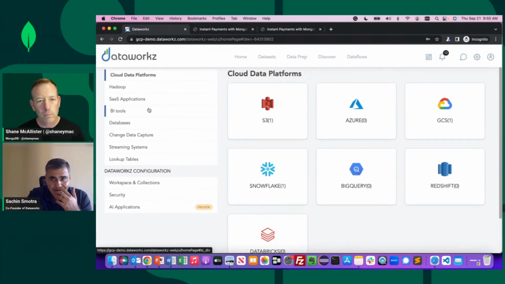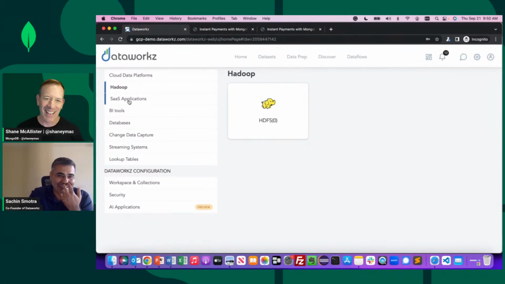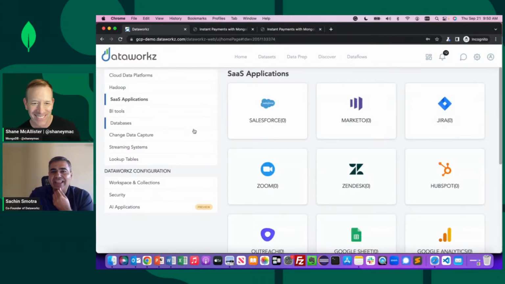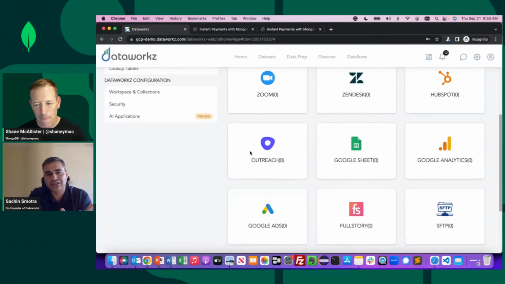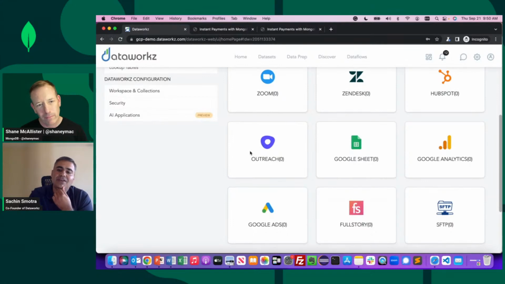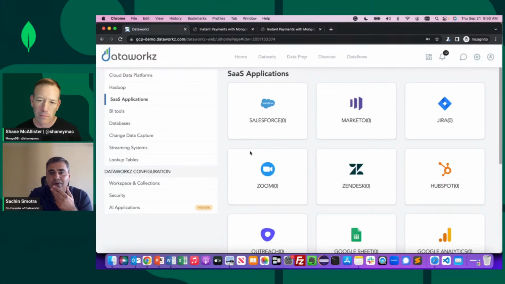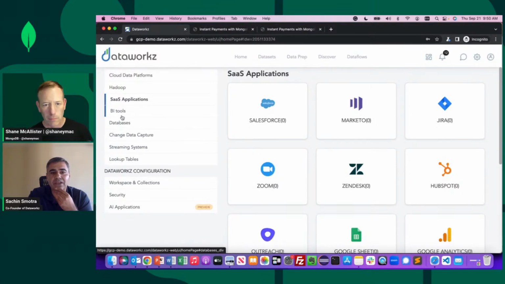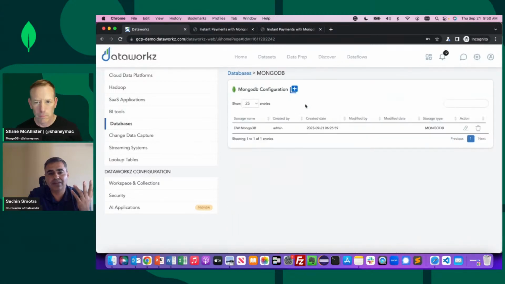My co-founder did a bunch of work on Hadoop, so he insists that Hadoop has its own place here. I don't know if I agree with that anymore, but it has its own place at the moment. And then a bunch of SaaS applications. So I was talking about Google Sheets, so you can have the output of the responses and what responses are good or bad recorded there as well. We've got a bunch of tools, and we're very opportunistic about the kind of tools that we're working with. And then databases, obviously, I had set up MongoDB here. So if you wanted to